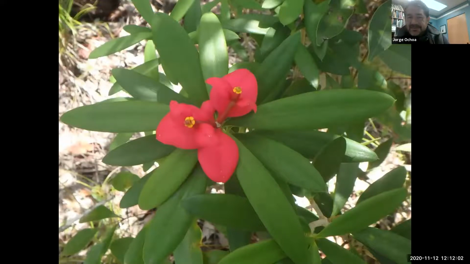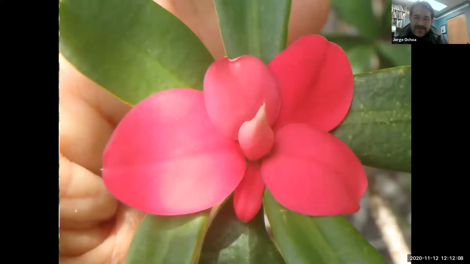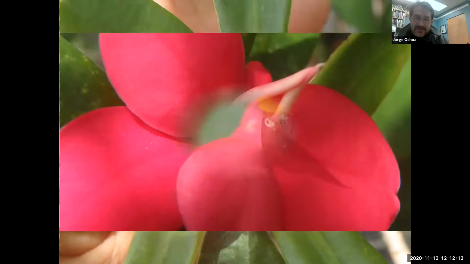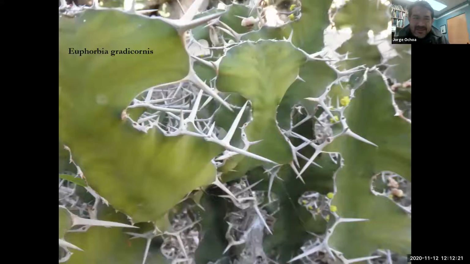But I was able to see it in Cuba. So it is native to Cuba. And that's where these photographs came from. So here's when they are opening, and there's when they begin to mature, and there's when now the fruit no longer, it didn't get pollinated, so nothing is happening. So it's already done. Then we have a few other more horrid euphorbias because the spines are going to be